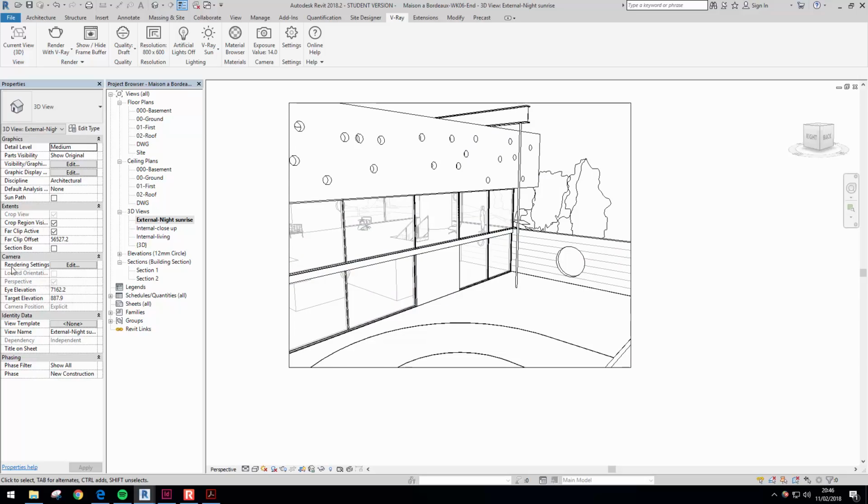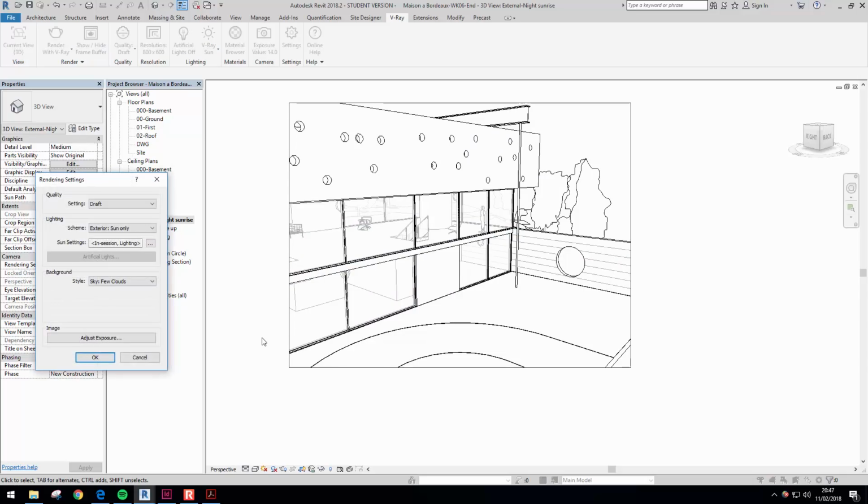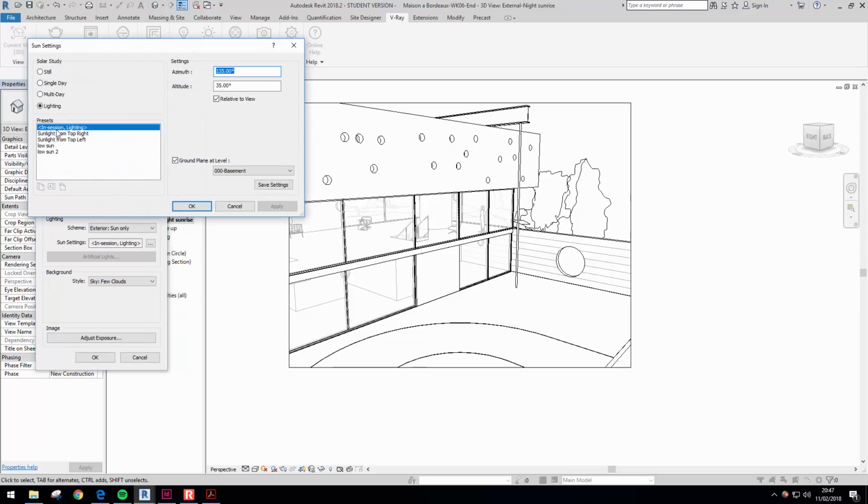So if you double click on the view, now to set those sun settings, if we click render settings, click edit, and then under sun settings we click the little tab there. So these are the presets. By default the lighting is set to the azimuth and altitude specific to that view. Now what we're going to be using is what it will be like in real life, so where it is positioned in the world. So if we click on still, and then if we click on summer solstice,